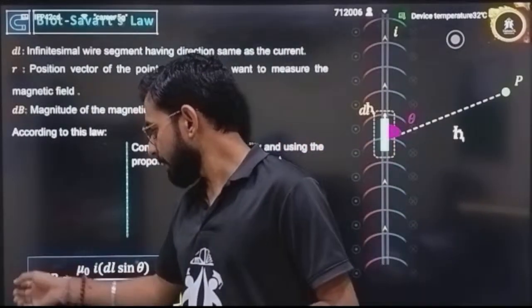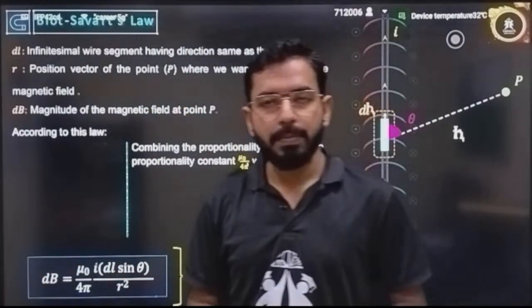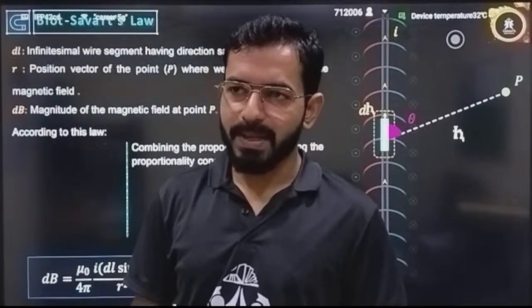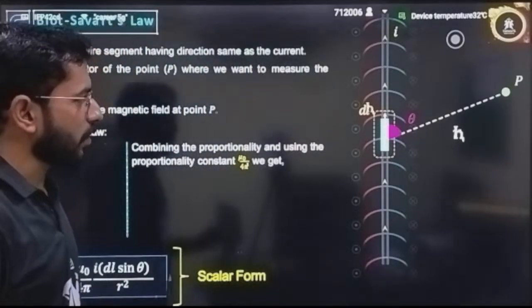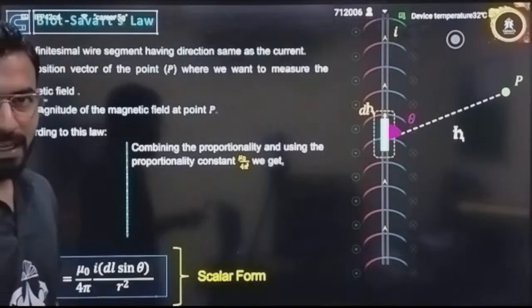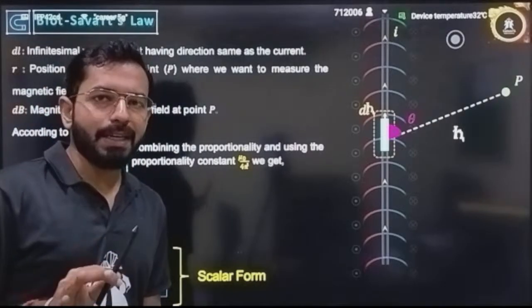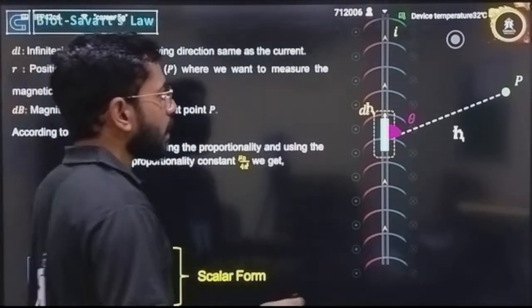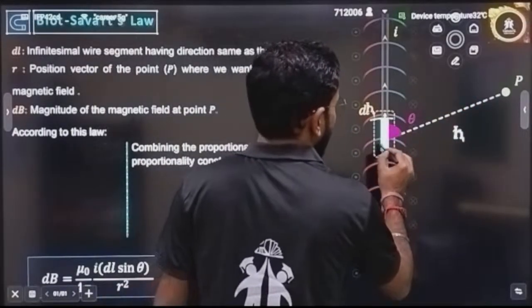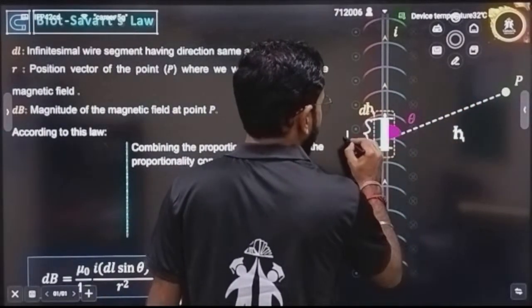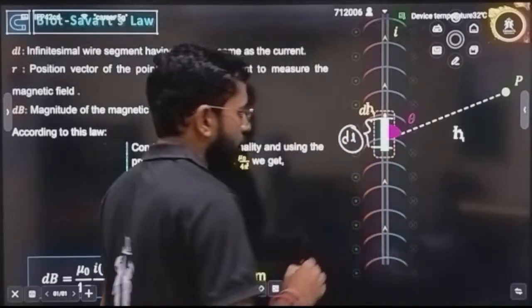And what is the representation for magnetic field? It is represented as B. This is a very basic thing that I'm telling you. So let's start from Biot-Savart's law. Biot-Savart's law gives you the idea of the direction as well as the magnitude due to any current carrying conductor. So if I take an element of length dl,